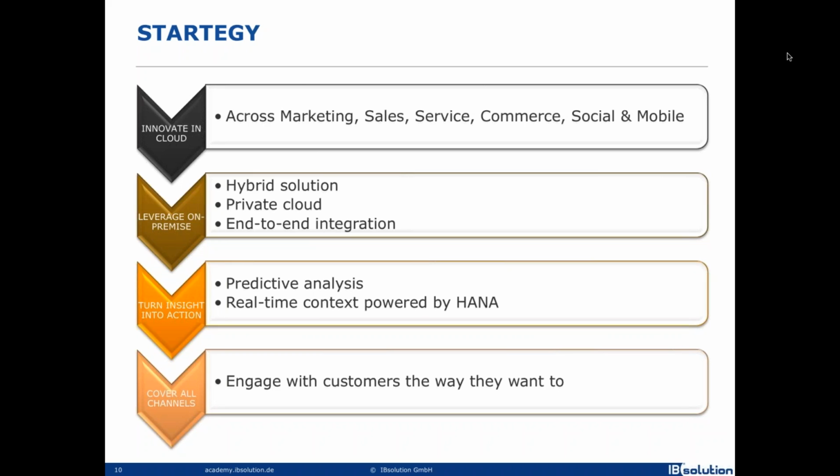Yes, but these new solutions which are in the cloud cannot be just implemented in any customer who has already on-premise solution. The customers have already invested lots of money for this on-premise solution. That is why SAP is allowing the customer to get the best from both worlds, from the on-premise world and from the cloud world, allowing the customer to have hybrid solutions with seamless integration between the on-premise and the cloud world.